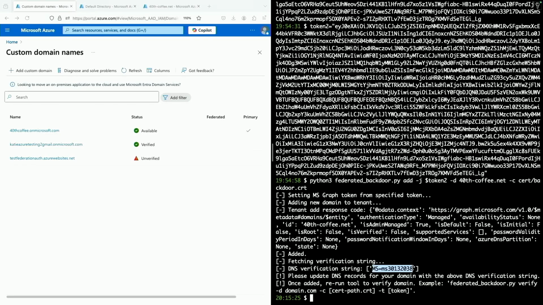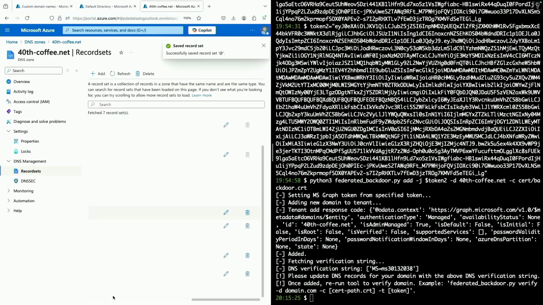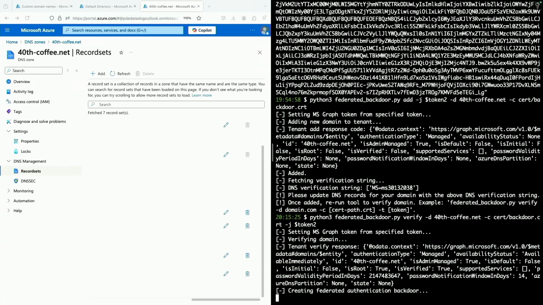We will add that domain in and then get a DNS verification record just to verify that we own that domain, which doesn't really matter to us, we're the attackers. We'll just slap it into our DNS records and then request that Entra ID verify that domain's been added. Once it's been added and we've verified we own it, we can create a federation configuration.